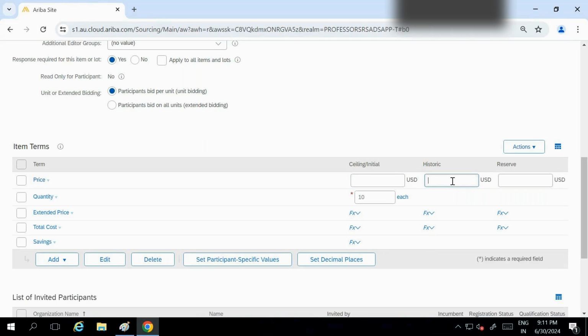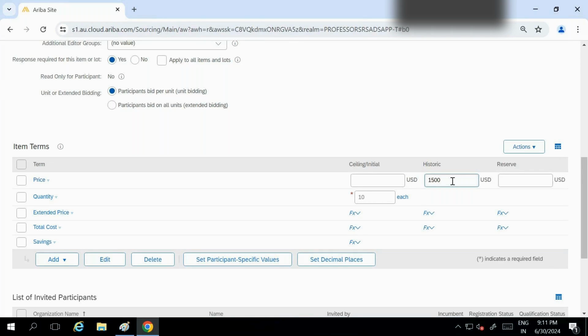Either maximum 6 months, or the last month, or day by day. Otherwise it will create huge confusion between you and the buyer. If the historical price is from 2 or 3 years back and now you want to buy it, that is not a fair comparison. So when you put the historical price, it should be the latest one.